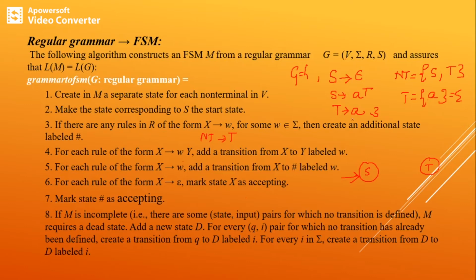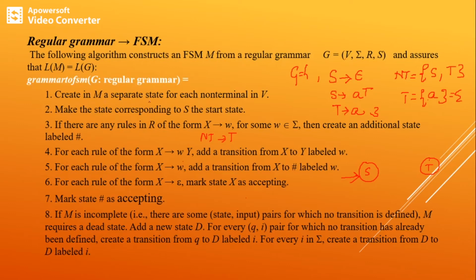All the terminal symbols. Terminals means we can fetch the terminal symbol from the RHS, leaving epsilon and non-terminal. Here we have epsilon, so this can't be a terminal. Here we have two symbols, A and a non-terminal, so remove that and write the terminal. And here A is already added in the terminals, so we have only one terminal, that is A. This terminal set is nothing but sigma. Okay, now we'll see the first step.